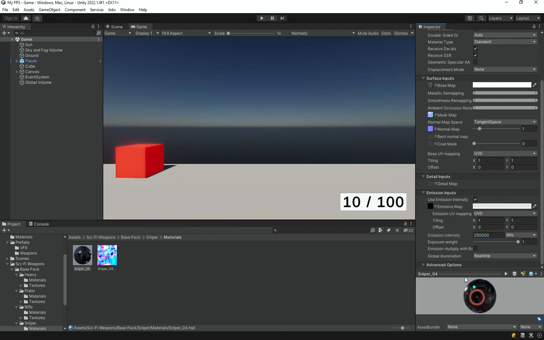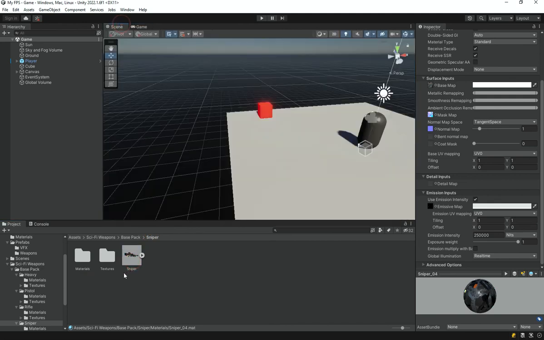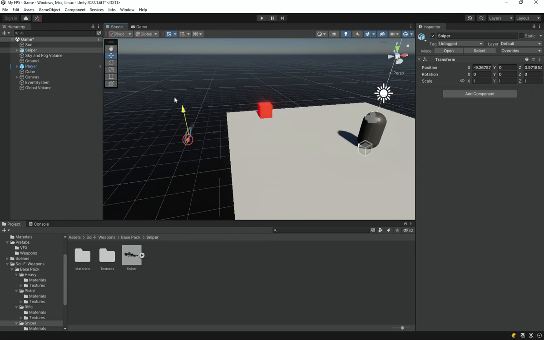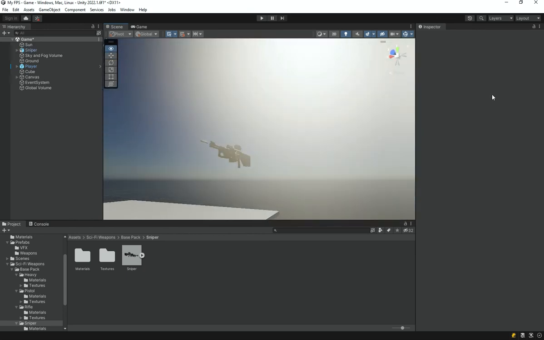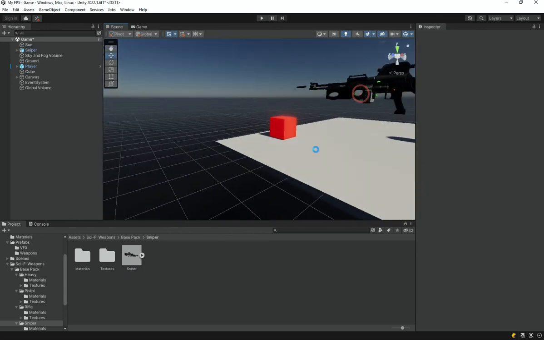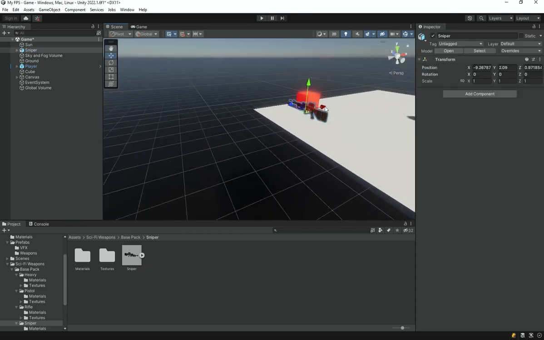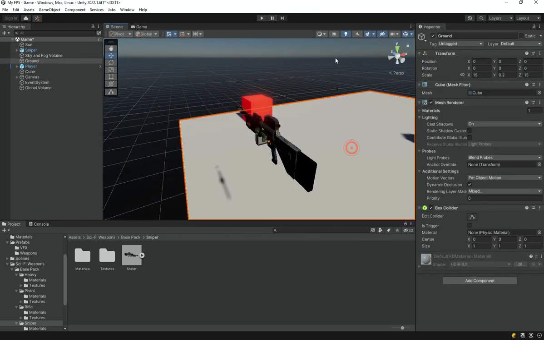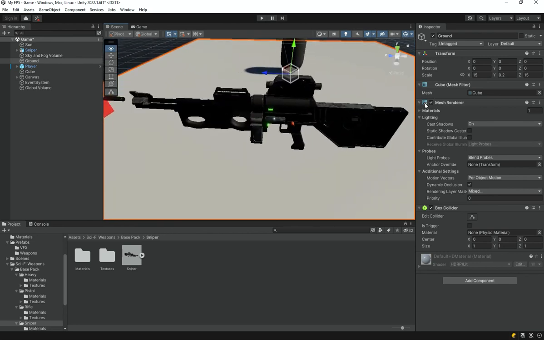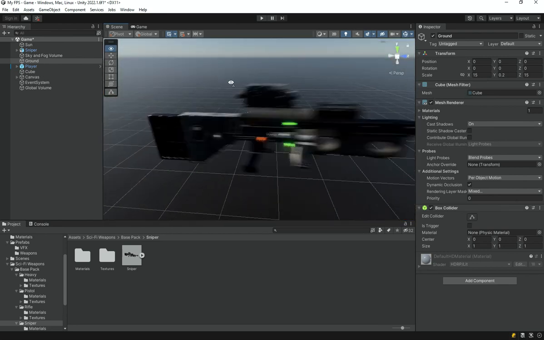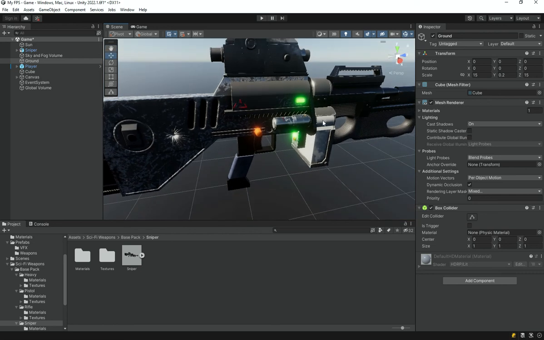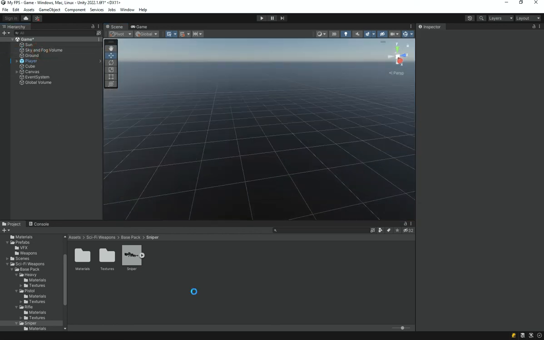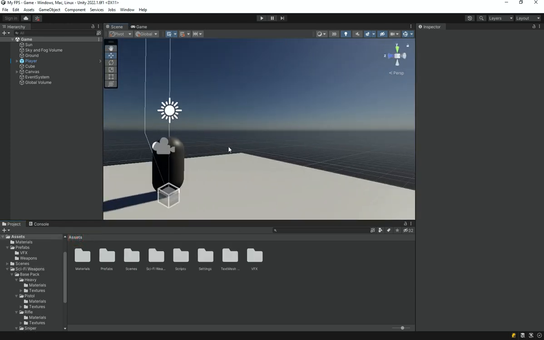I'm going to add an extra bit of intensity to the sniper. Let me just drag the sniper into the scene. We'll go into scene view, drag the sniper into the scene. Let me just select the sniper and let's move it to the left a bit. Okay, so you can see that is what the sniper looks like, which is pretty interesting. And you can see that this is like emitting light, which is pretty awesome. So yeah, now we have got this done,